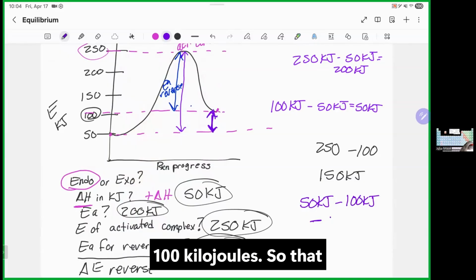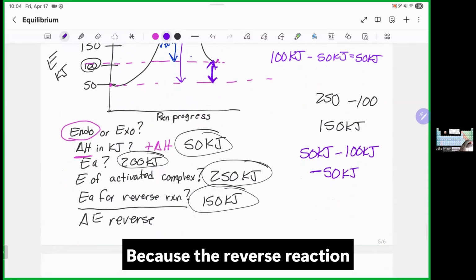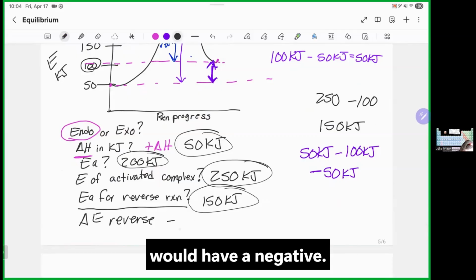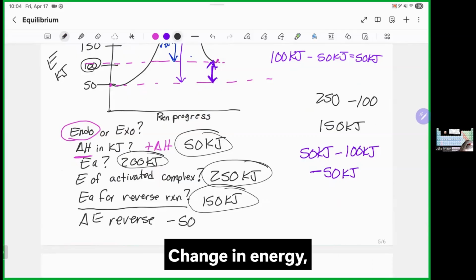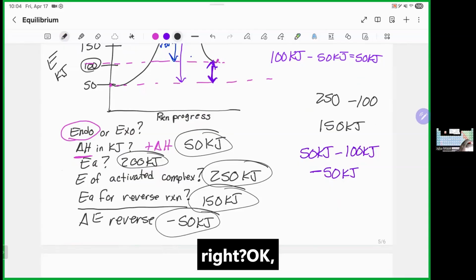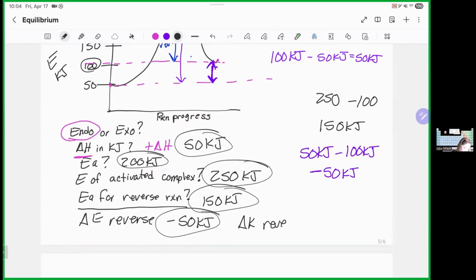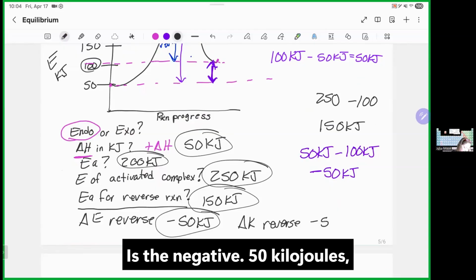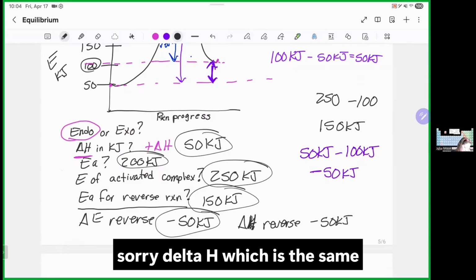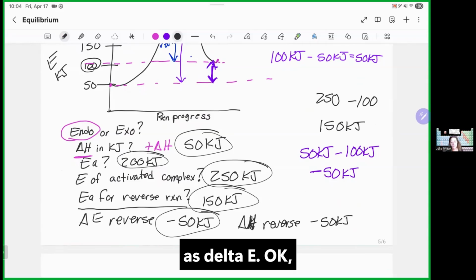So that is negative 50 kilojoules, right? Because the reverse reaction would have a negative change in energy. Okay, so my delta H for the reverse reaction is negative 50 kilojoules. Sorry, delta H, which is the same as delta E. Okay,